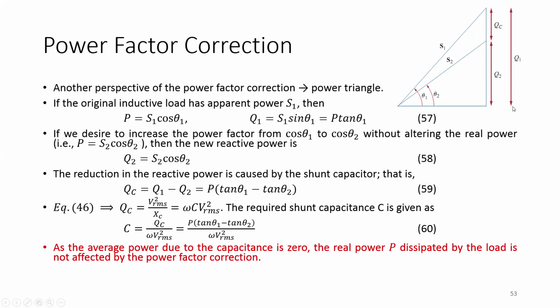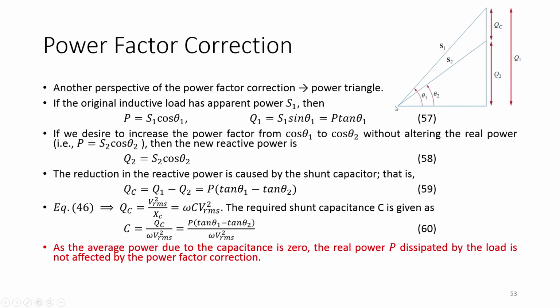For example, in the previous case when only the inductive load was in action, the complex power drawn from the source was S1, and after correction with some suitably sized capacitor, the reactive power demand from the source is reduced to this level, and now the power drawn from the source is S2. This is from our previous lecture, and if someone has some confusion, he or she may go to the previous lecture for this. Another perspective of the power factor correction is the power triangle,